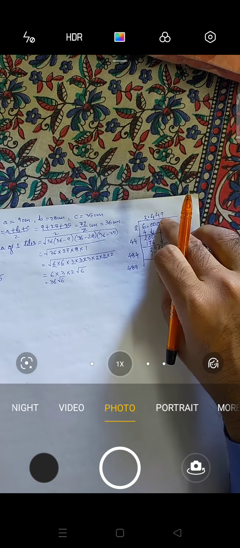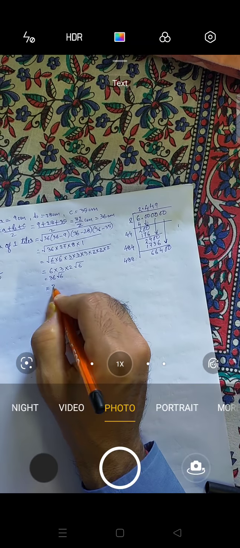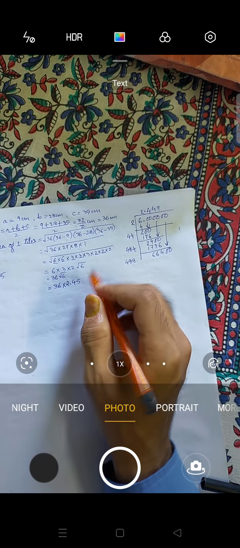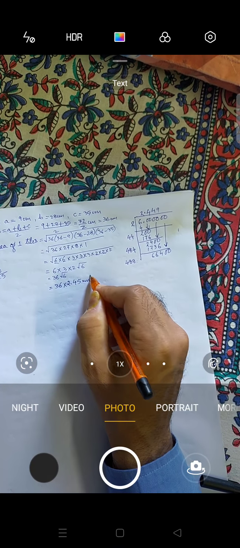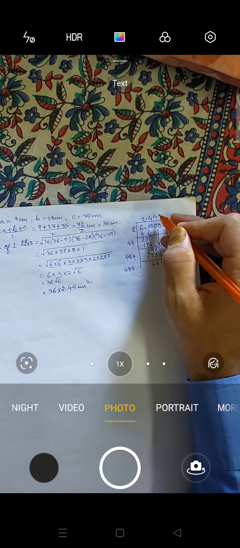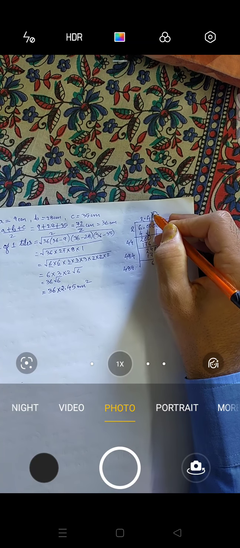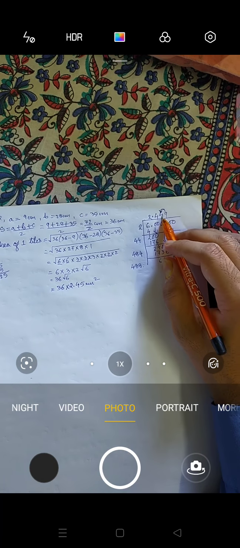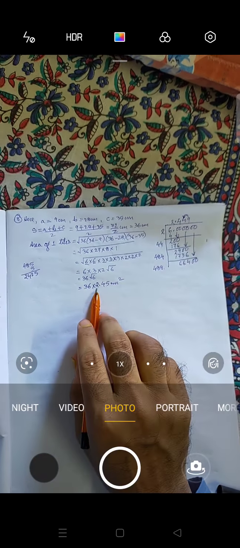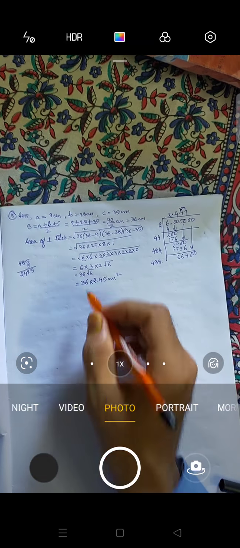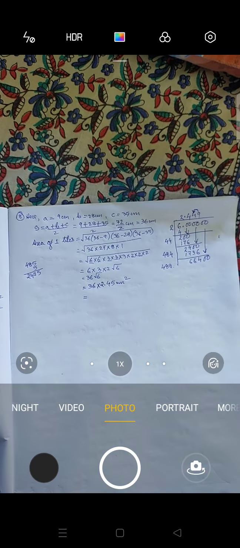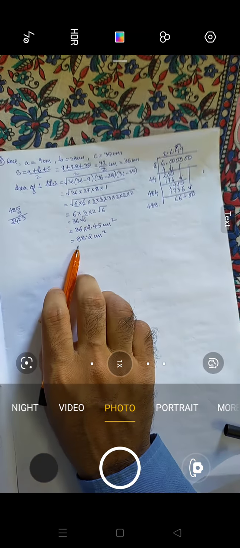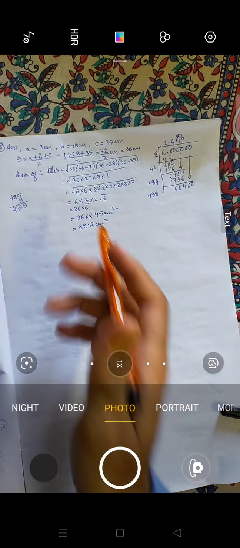Okay, so that means approximately we can write this one as 36 into 2.45. Any problem? Approximately I have made this one. I have added 1. We know that if it is 5 or more than 5, then we add 1 here. So I have written 2.45. Now you multiply this one and just check what you are getting. So when you multiply this one, you will be getting 88.2.